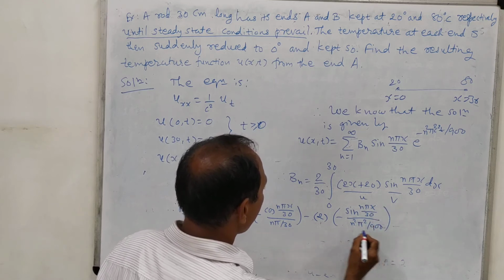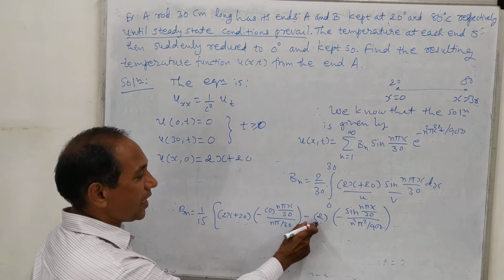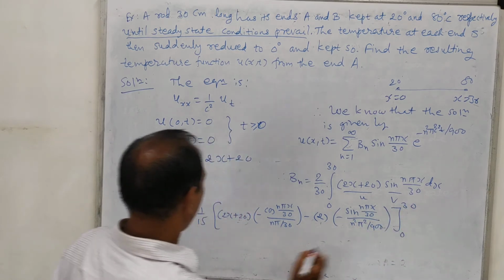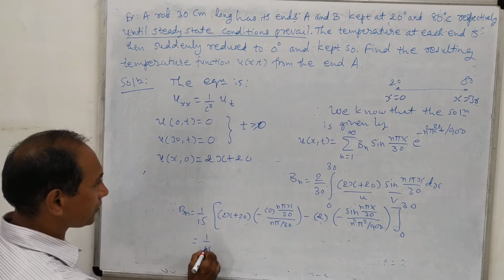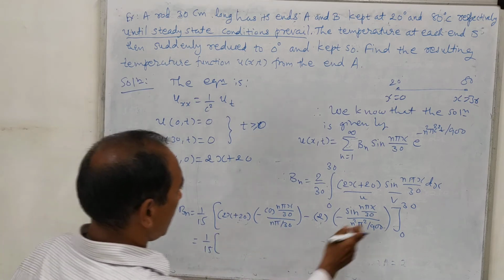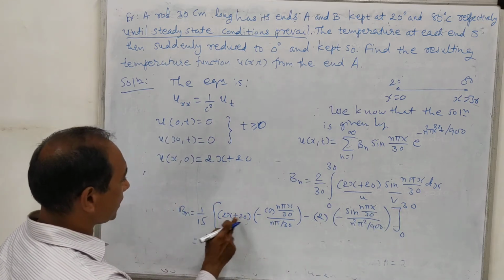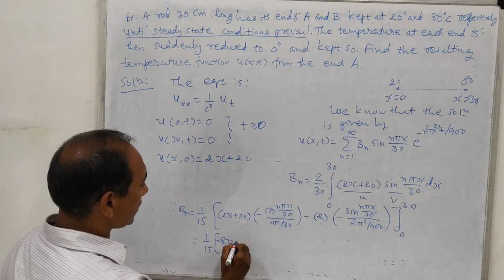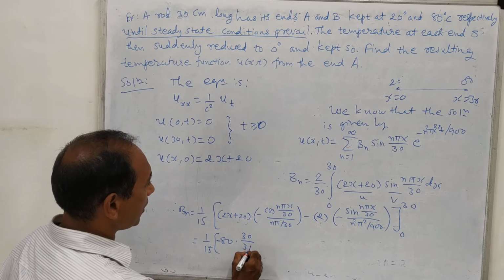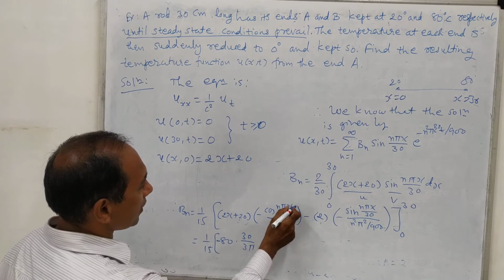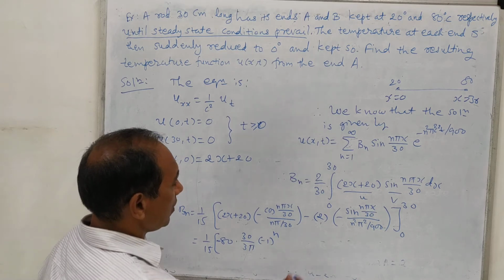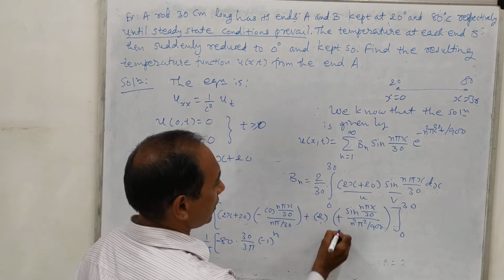And then we cannot proceed because in the next step the derivative of 2 is 0. So we will stop here and it is 0 to 30. So 1 upon 15, we will put the values. 30 we put here, 30 to the 60, 60 plus 20, 80. Minus is here. And this is into 30 upon n pi, into cos of 30, means 30 and 30 will be cancelled. So cos n pi is minus 1 raised to n. Minus minus this will become plus now.